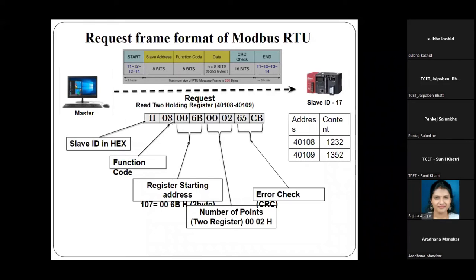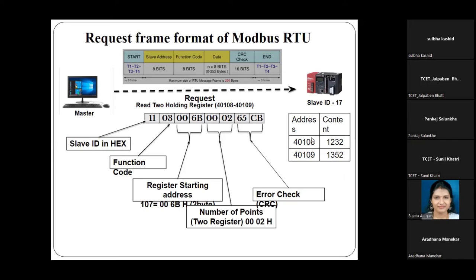Next is the function code. We see here the function code for reading the holding register is 3 in that table. So it mentions that function code, and the slave gets to know that the master is requesting to read holding register. Then what is the range of that holding register? It is mentioned in the next 2 bytes, that is the starting address of the holding register. So here the starting address is nothing but here